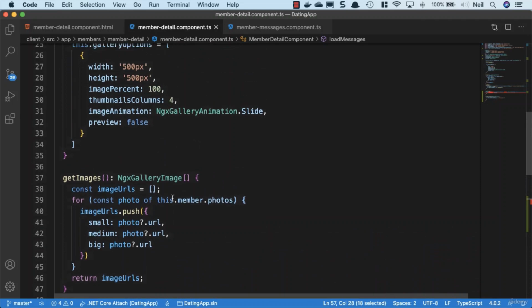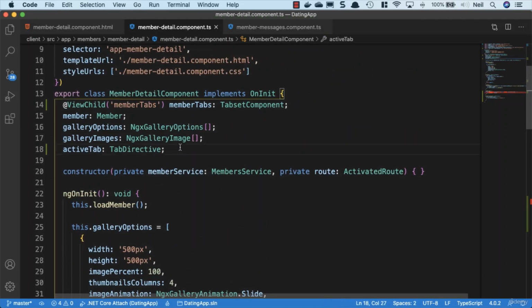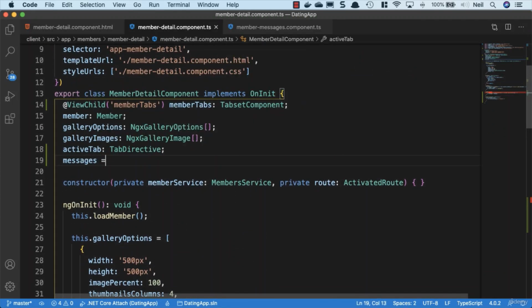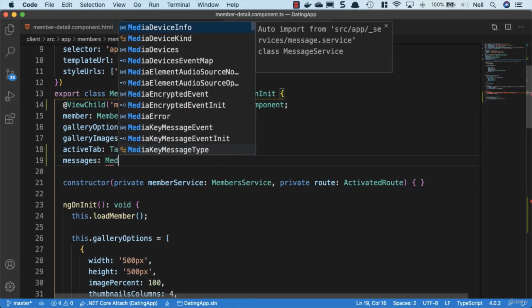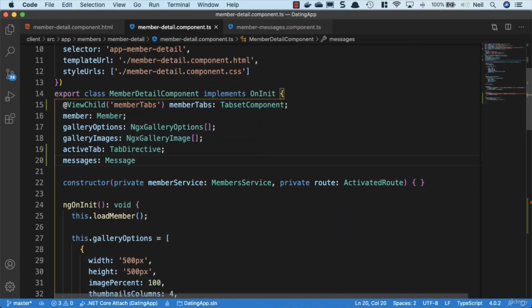And then what we'll also do is create a property inside here for the messages. And these are going to be a type of message array. And what we'll do is we'll initialize this array to an empty array. And I can't remember if we did this on the other one, but we need to if we haven't, because